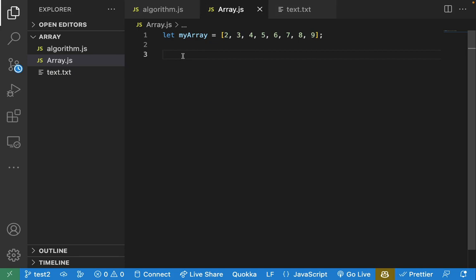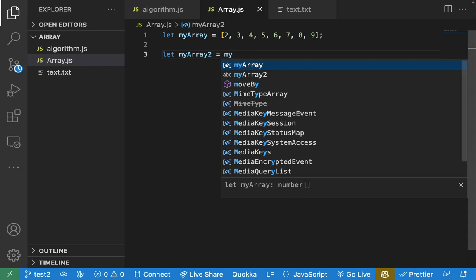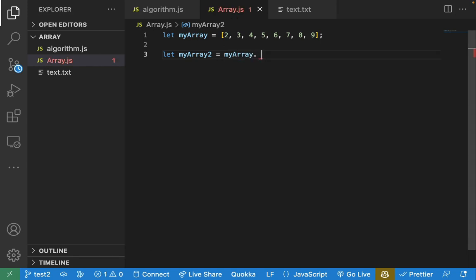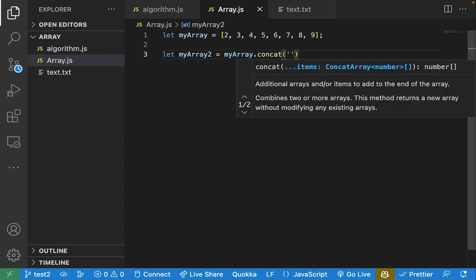Let me declare another variable, which will be an array. Let me call it let myArray2 equal myArray dot concat. I actually just want to concat a string to this already existing myArray, and then I'm storing that in another variable which I'm declaring at this moment, called myArray2. So this time, I want to add a string to this already existing array. Let me call it